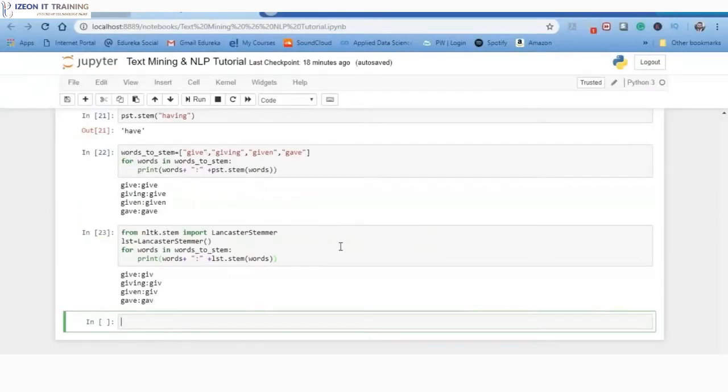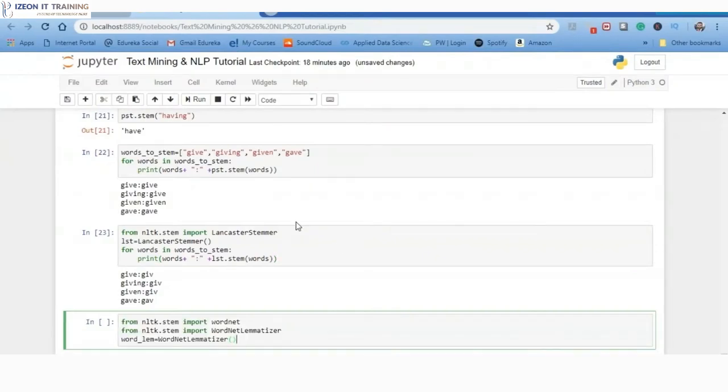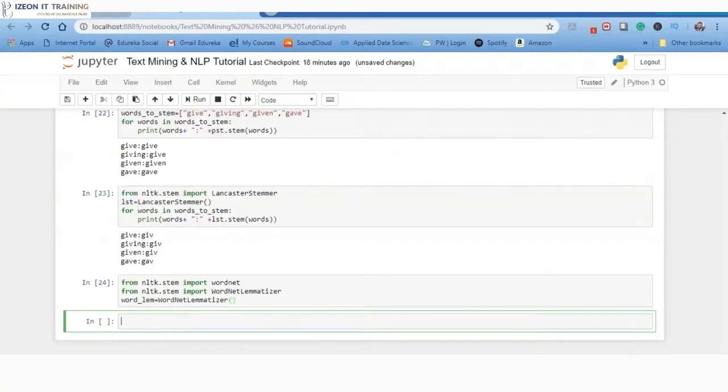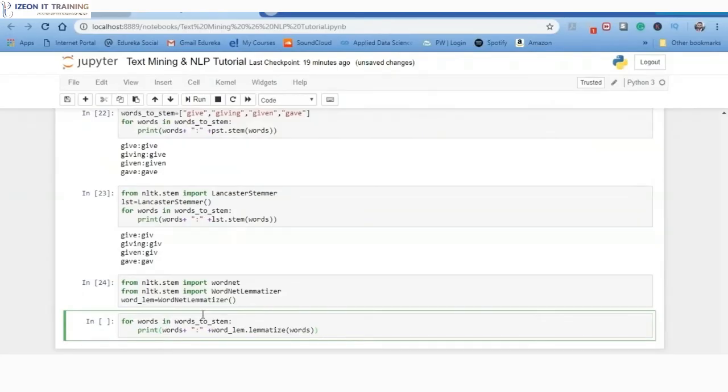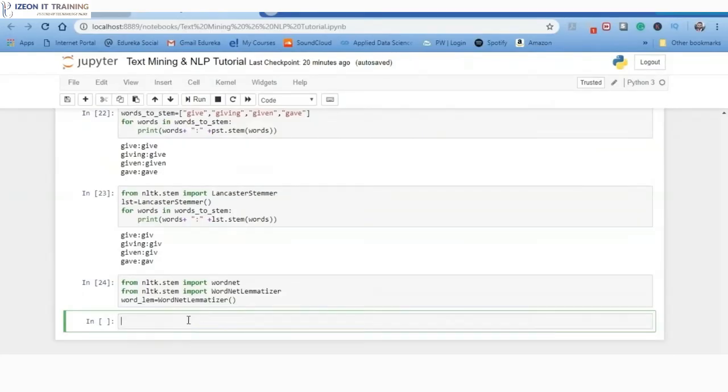So let's go ahead and see how lemmatization works on the given input data. For that, we are going to import the lemmatizer from NLTK. We're also importing the wordnet here. As I mentioned earlier, lemmatization requires a detailed dictionary because the output of it is a root word, a proper word, not just any random word. So to find that proper word, it needs a dictionary. Here we are providing the wordnet dictionary and we are using the wordnet lemmatizer, passing the word corpora into it.